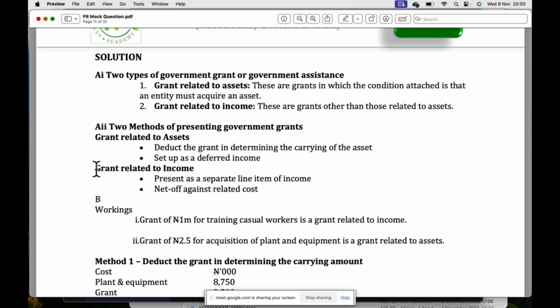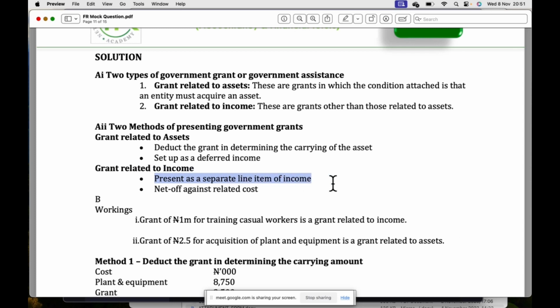Now, the second type of grant, which is grant related to income. So this one, you don't have to buy any asset. Government can just give you money to go and use it for this thing, just like when governments were giving companies money to offset their wages, right? That is a grant related to income because it doesn't require that you buy any asset. So the way we put it in our books is